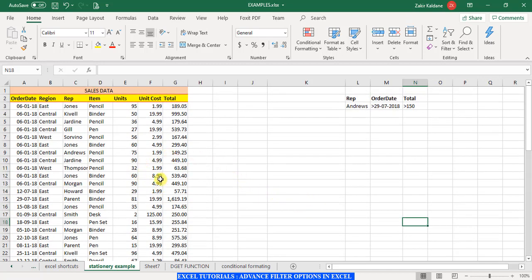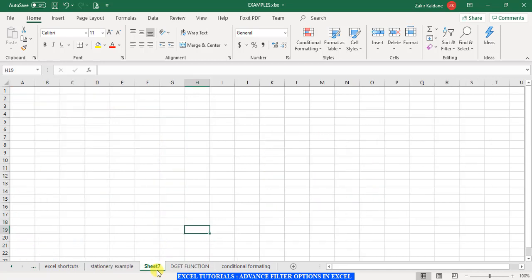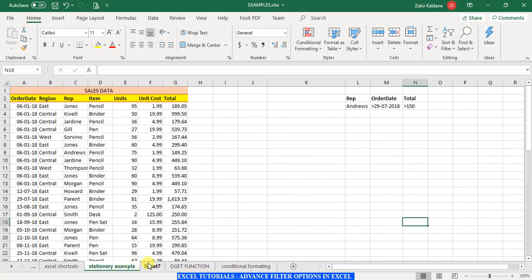Now what we were doing is we were filtering the data from here using the advanced filter, and we were placing it somewhere in the same sheet. What if I want it to be on some other sheet? If you want it on some other sheet, for example, if I want it in this particular sheet, then in that case I cannot click here and start the function.